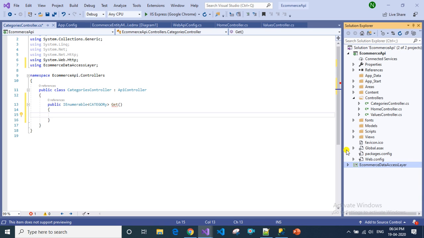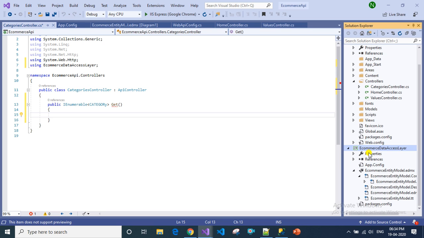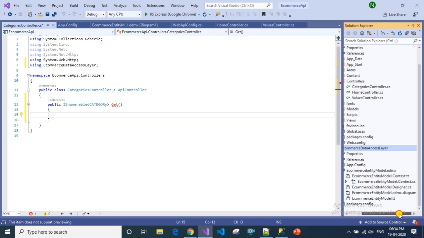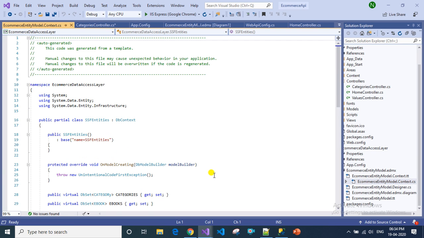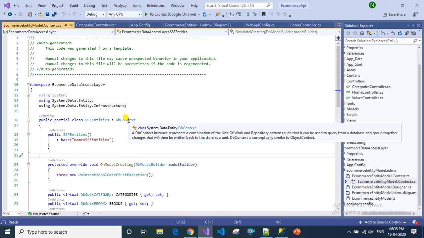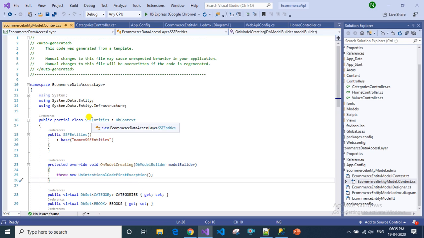Once you open e-commerce data access layer and go to EDMX, you can see e-commerce entity model context.cs. If you open this, you can see SSF entities. This is inheriting from the DB context class, so we have to use this.